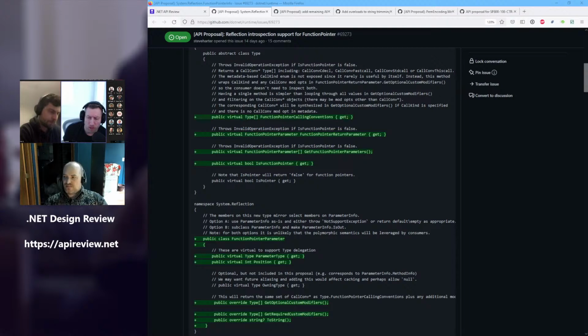So a function pointer is either managed or unmanaged? There's no third kind? Correct. So it seems like, why would we not just have a public virtual bool is function pointer and then another one that is basically saying, is unmanaged, that is either true or false? That's fine too. I guess if we already have a function pointer,